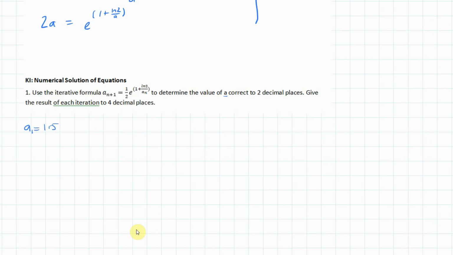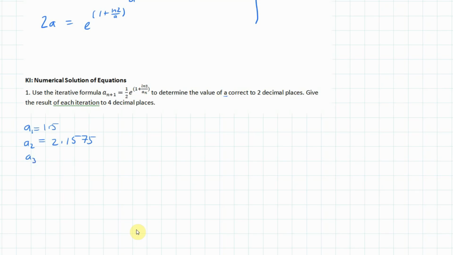So I'm going to type 1/2 e to the power of 1 plus, and then we're going to put ln 2 all over, and then we go answer, and then I get, as my second value, a2 equals 2.1575,